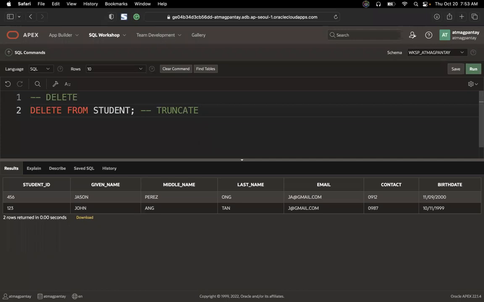For example, you have millions of data in your table and then you want to delete it. So the delete might take longer to execute versus the truncate. So mas okay if truncate gagamitin nyo. Pero if you want to delete some specific data only, delete statement ang gagamitin. So let's delete the first student. So delete from student where student ID